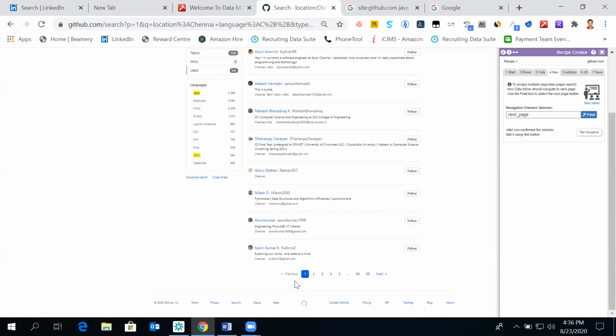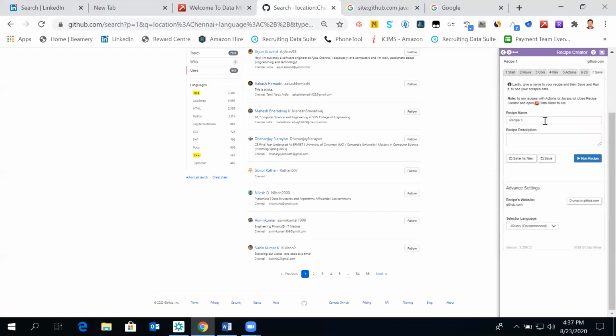So what happens if it is placed at the 48th or 50th place? We might be taking an element of only the 49th place, but as soon as it goes to the second page, that element has to come in the 48th place. So the scraping will completely mess up. So we'll have to make sure which element we are choosing. Based on page to page, we'll have to see and think while selecting this navigation element, which is slightly tricky, but if you're able to make it twice or thrice, if you come across such examples, you'll be perfect.